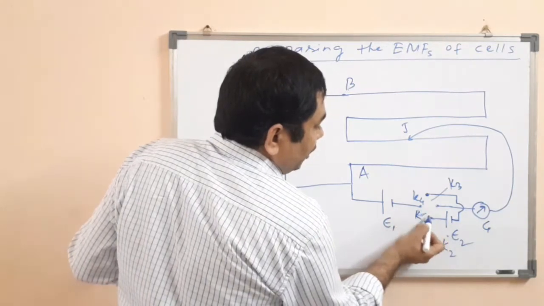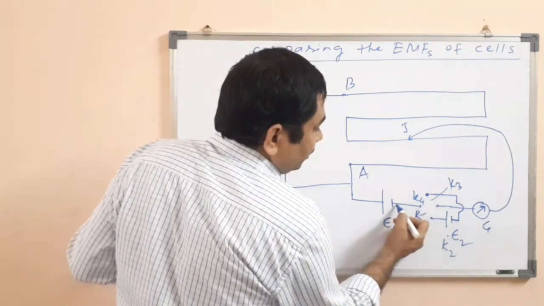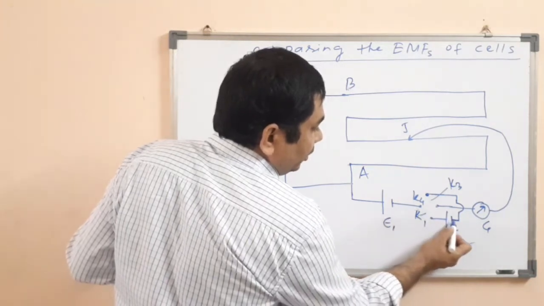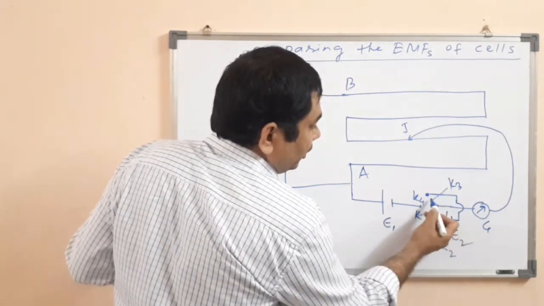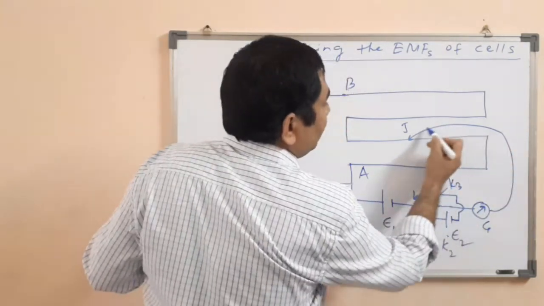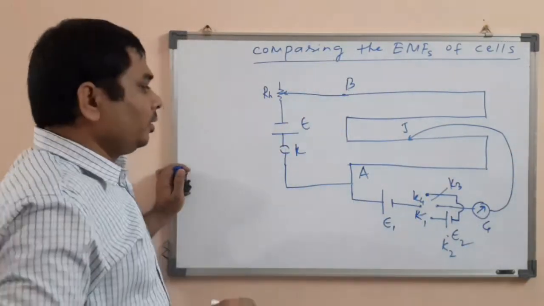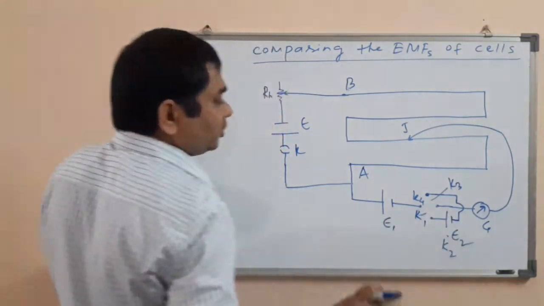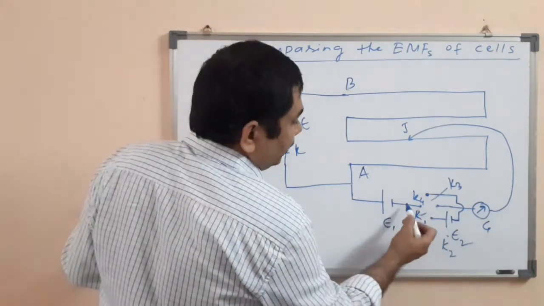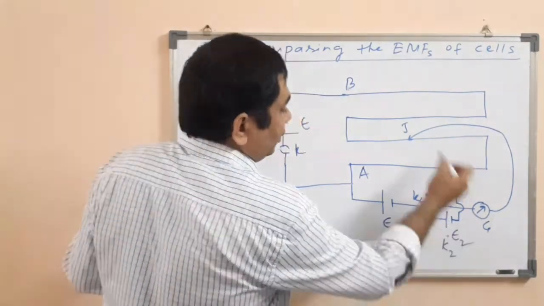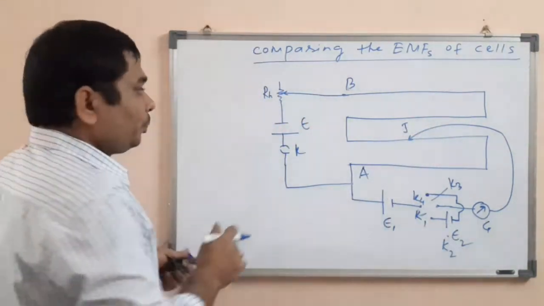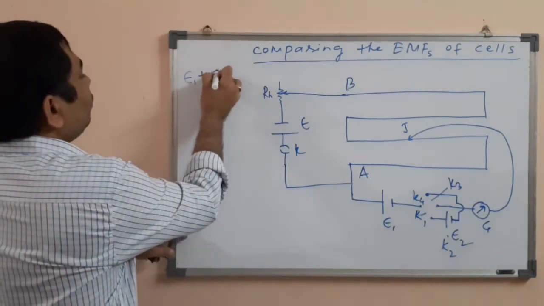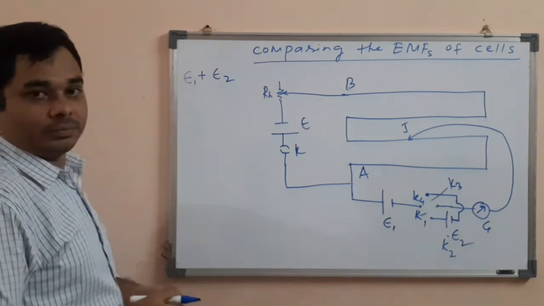See, we have connected K1, so the circuit is like this. So negative terminal is connected to the positive terminal, and then we are connecting this K3, so like this the galvanometer will be connected. Clear? So in this mode, this is connected in sum mode because this is positive, negative, and then positive, negative. So the EMF will be equal to E1 plus E2.